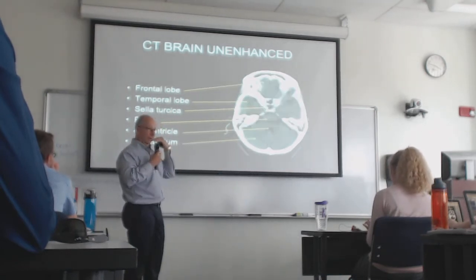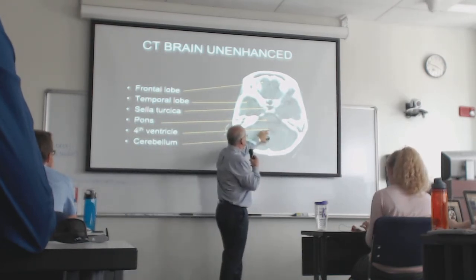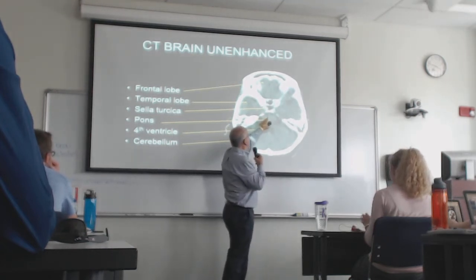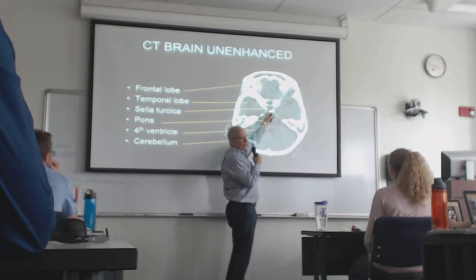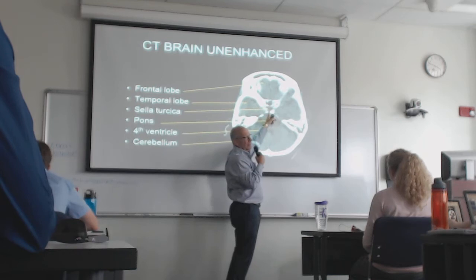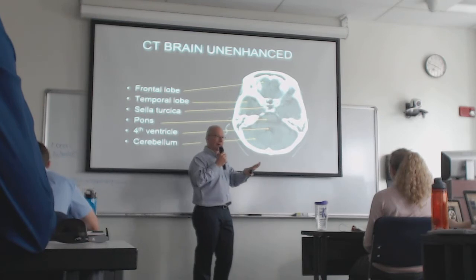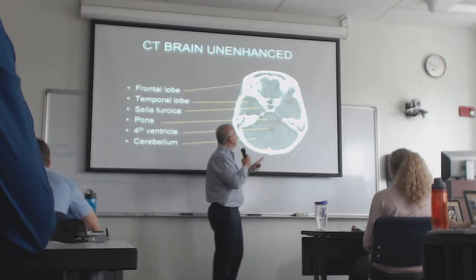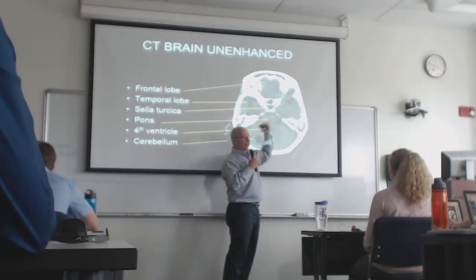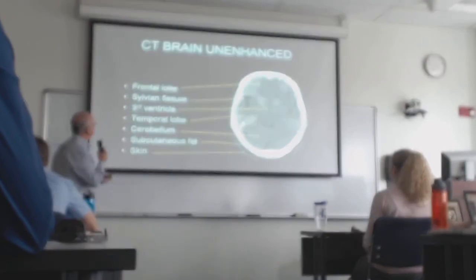Go up a little higher, a little further up. Now I've got cerebellum, fourth ventricle, midbrain, call it the pons. They're calling it the pons. Okay, it's the pons. Here's the sella turcica, right here, with the pituitary in it. I don't see it very well unless there's a mass. A lot of times the pituitary is just squashed up against the floor of the sella. It's called an empty sella, but it's perfectly normal. It's just a variant. Now a little higher up in the temporal lobes, and now you're getting the floor of the frontal lobe here. We're all good as we move through?